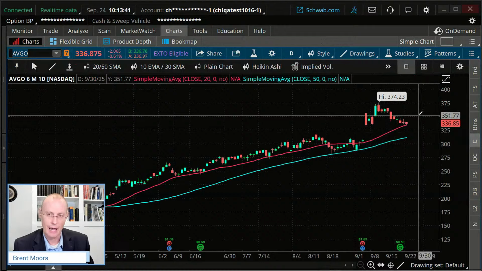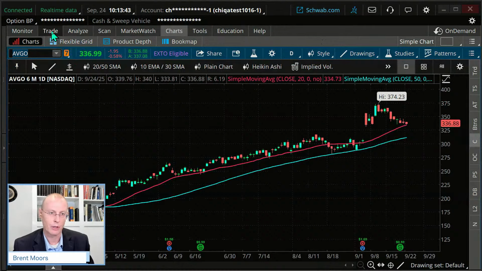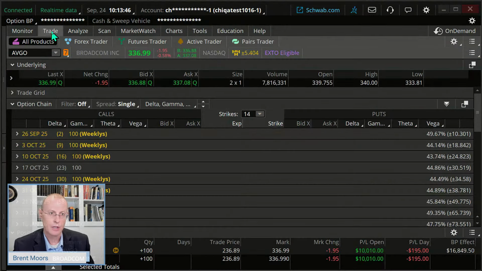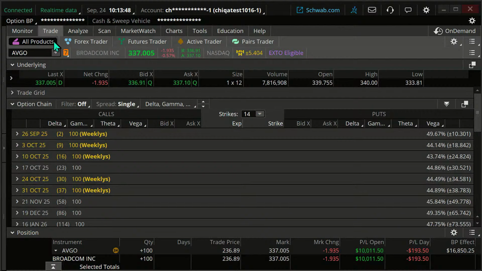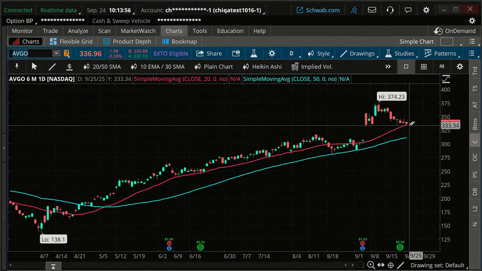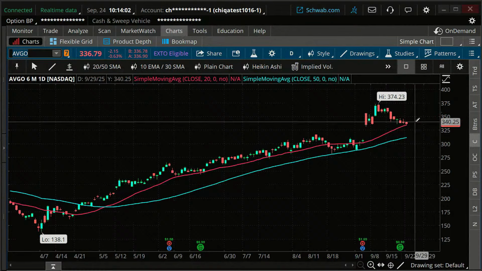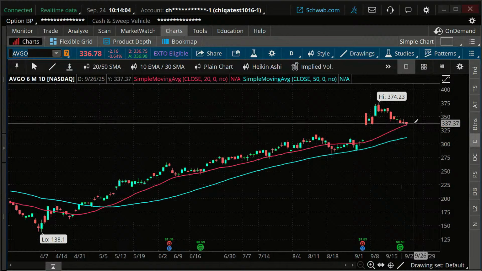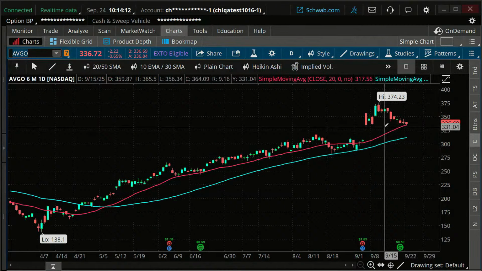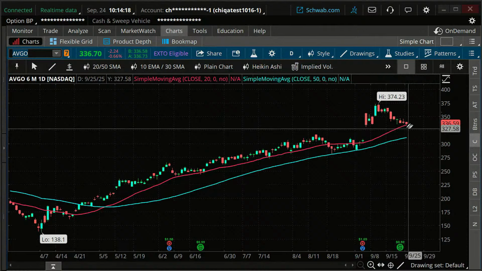So we're going to put in a spread, and I'm going to put in a vertical spread. I'm going to go to the Trade tab, and it may take a little while for it to go up, so I want to give it some time. It may take a few weeks. I don't want to cut it short, so I don't want to pick expirations that are 2 or 3 weeks out in case it takes 2 or 3 weeks. Remember, I want to get out about 10 days or so before expiration. So I'm going to give it a little more time here on this.